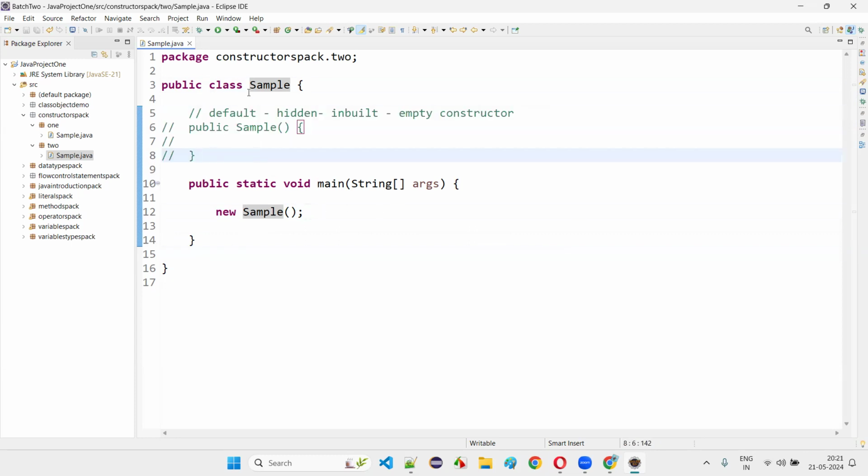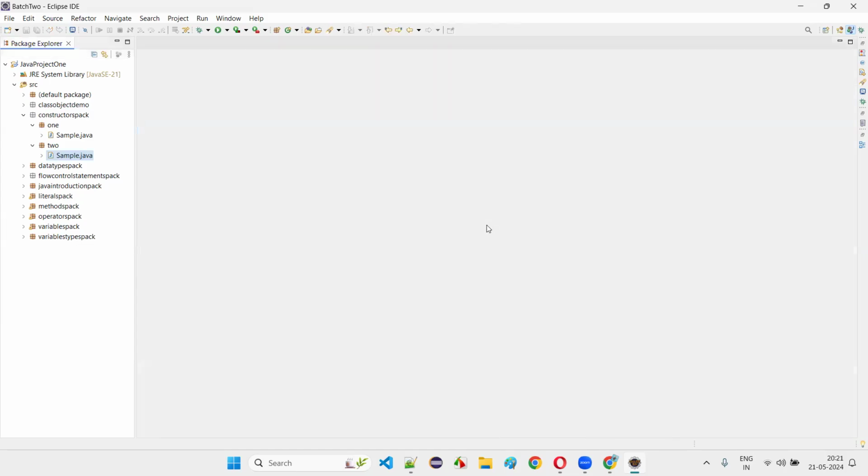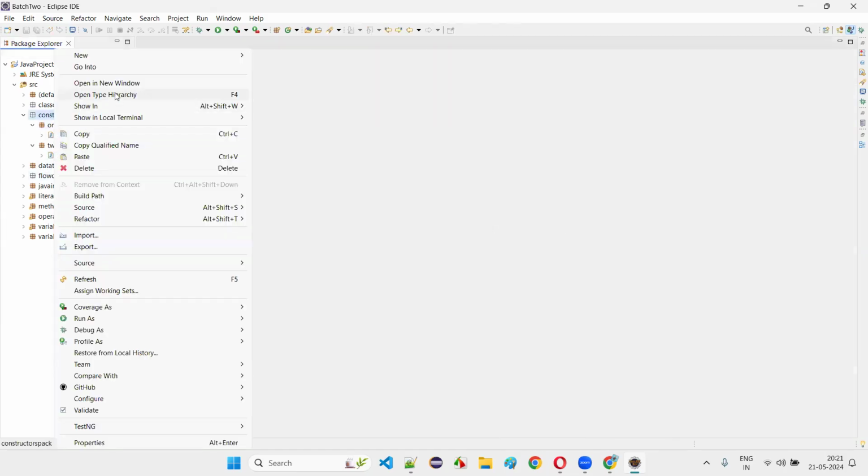But what if you create one more constructor? Then that particular constructor will be called on top of that. Now I'll go to the next one. I'll just create